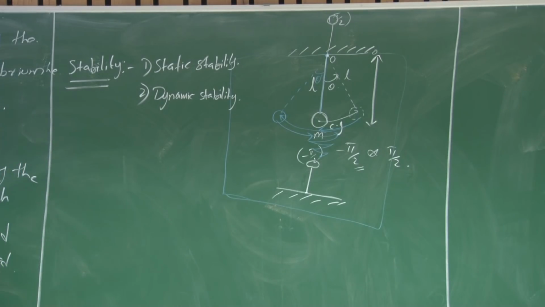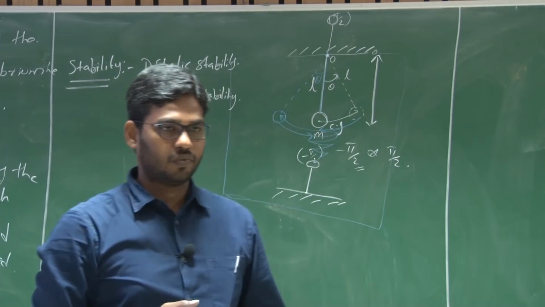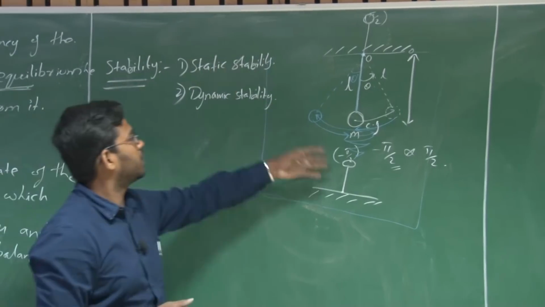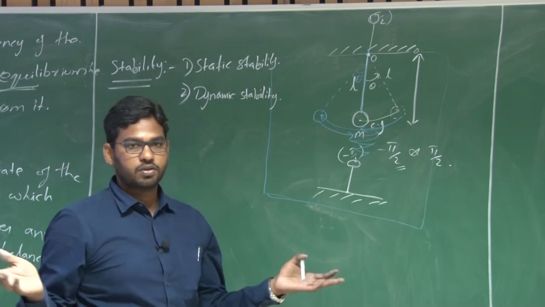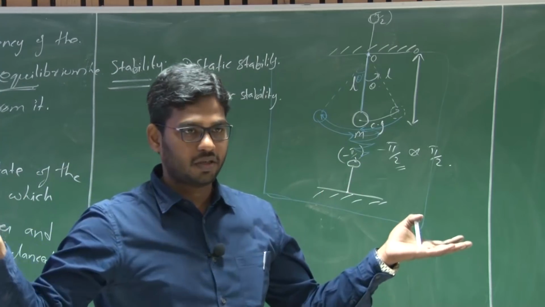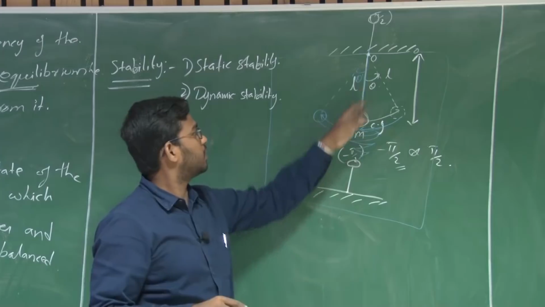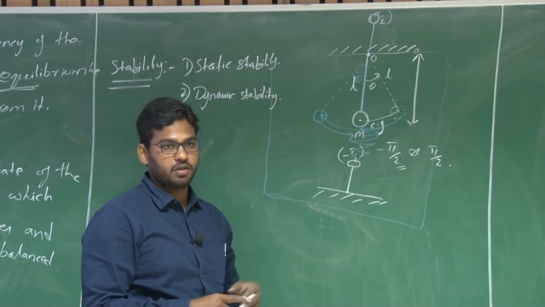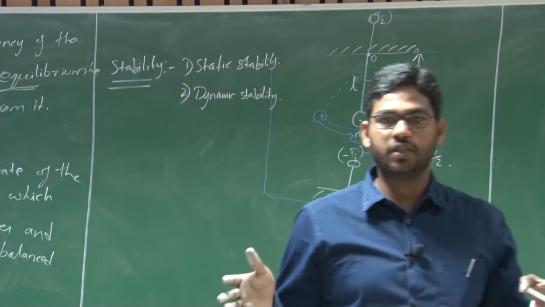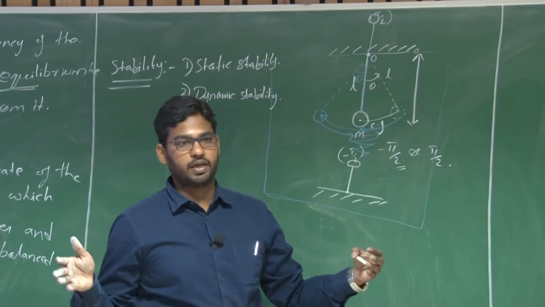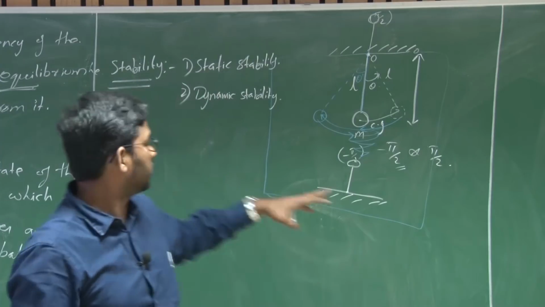So similarly, do we have something in the aircraft? In this case the CG and the hinge point are on the vertical axis. What happens in the aircraft? We have lift from the wing, lift from the tail, and CG acting at some other location. The hinge point and CG are in a straight line in both the equilibriums, on the vertical axis. But in that case there is an offset where the CG as well as the aerodynamic forces act. So we need to see where I should locate the CG so that the system is automatically stable.